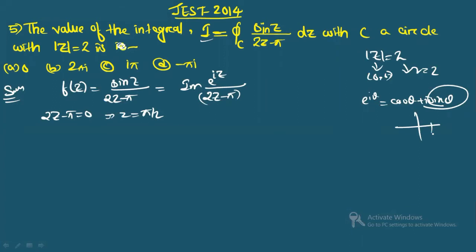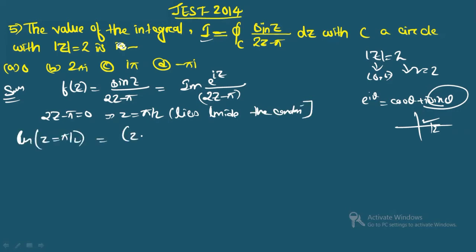So the radius is 2, yes or no? So z equals pi by 2 will lie inside, yes or no? This pole will lie inside the contour. So we will find the residue. How will you find the residue? Residue at z equals pi by 2 will be